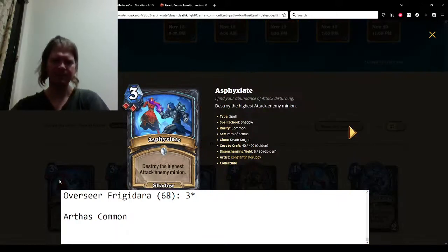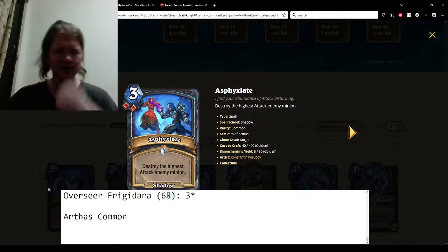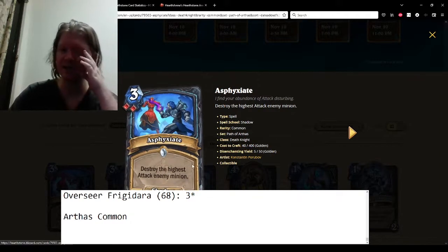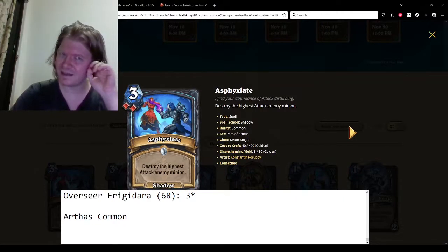Asphyxiate. Destroy the highest attack health enemy minion. So it's 3 mana, destroy a minion. You get some sort of control over it. I would say maybe 75% of the time, the highest health minion is the one you want to